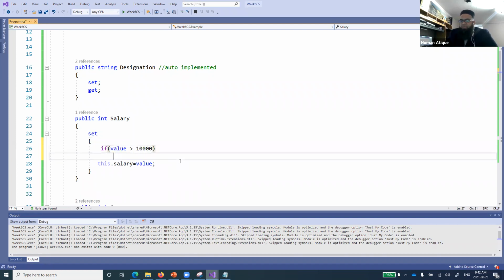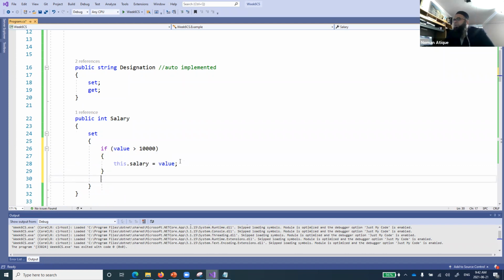So you can implement this logic as well over here. Value is the value which the user is providing. If it is greater than 10,000, then you set this one, or maybe else, what you can do?